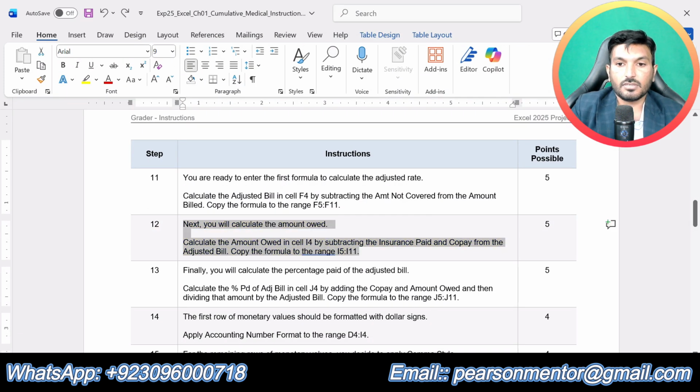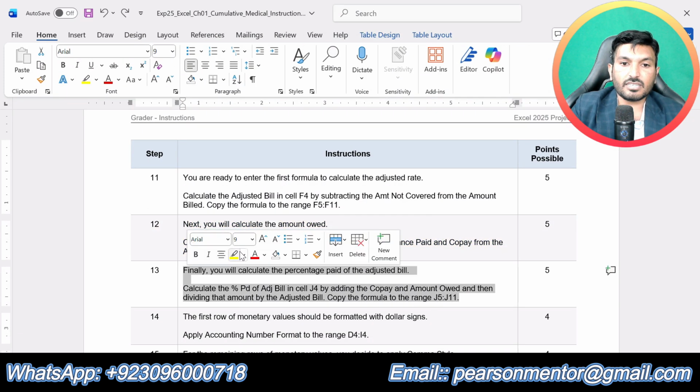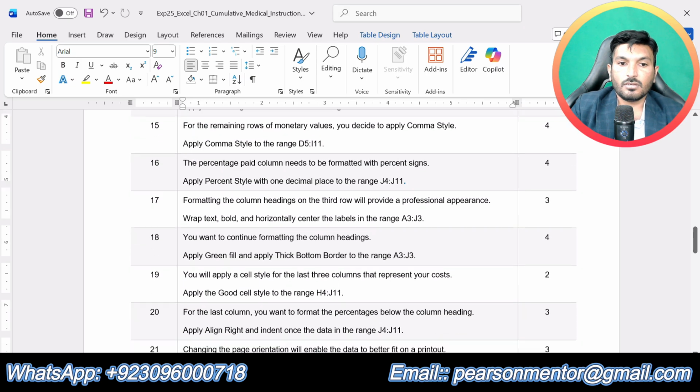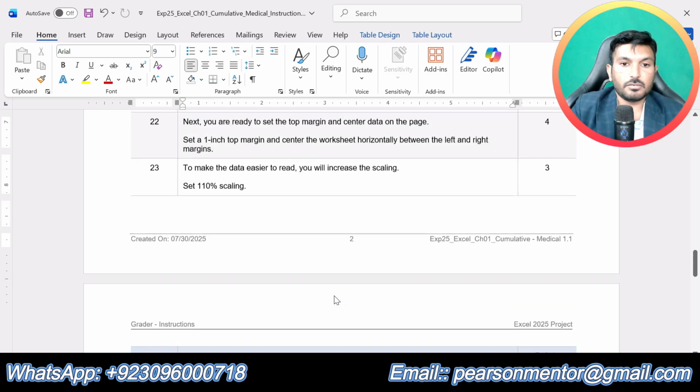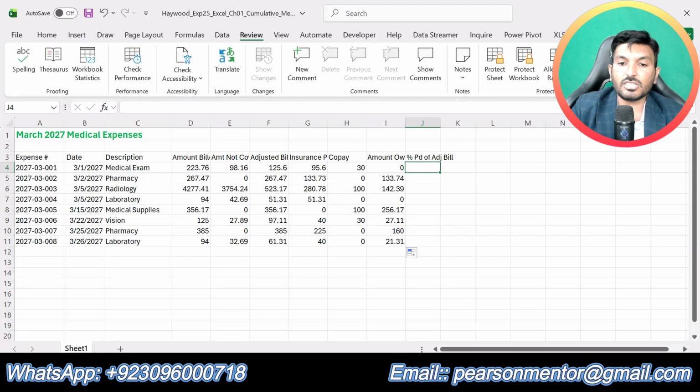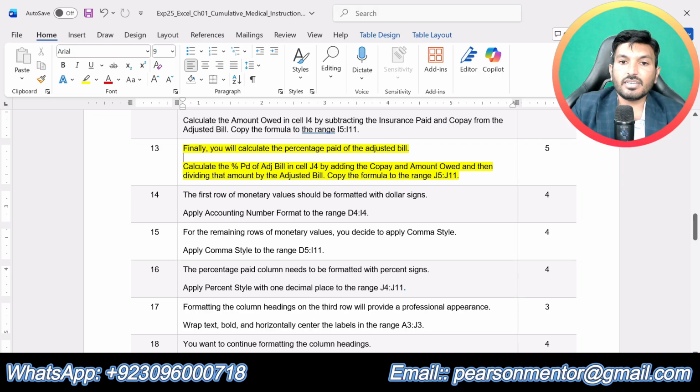Now let's do step number 13. Finally, you will calculate the percentage paid of the adjusted bill. Now calculate the percentage paid of the adjusted bill in cell J4 by adding the copay and amount owed.